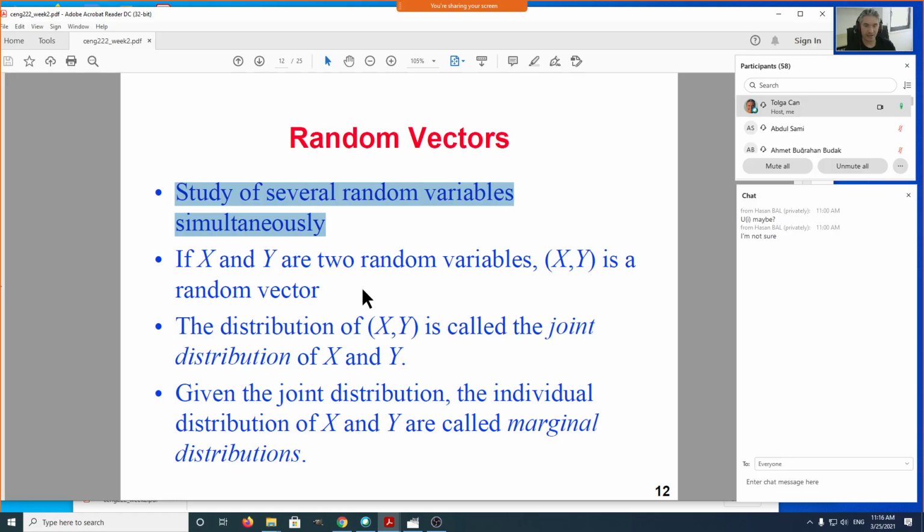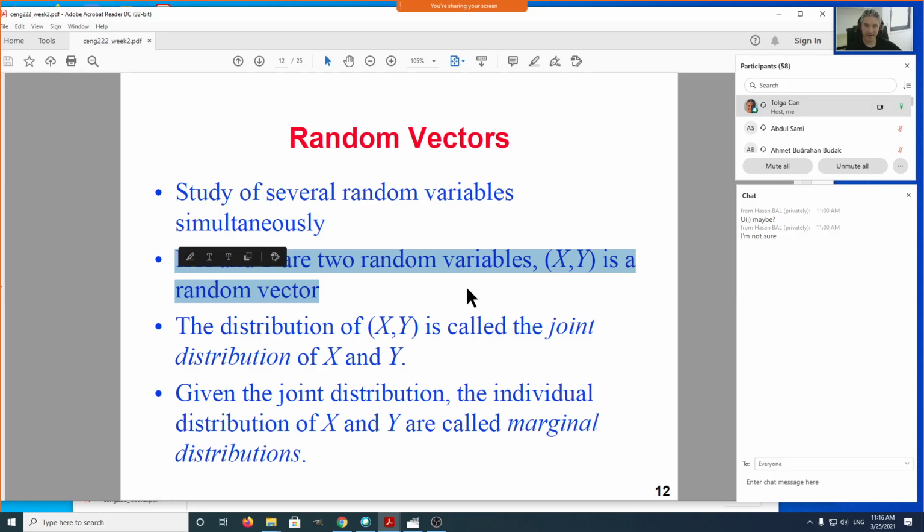That's a feature, the random variable that you want to study. Basically, we measure multiple factors for certain objects, and this leads to the study of several random variables at the same time. This is called a random vector. We have 2 or more random variables. When we study the distribution of these random variables simultaneously, it's called the joint distribution of x and